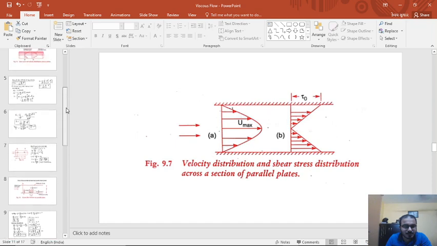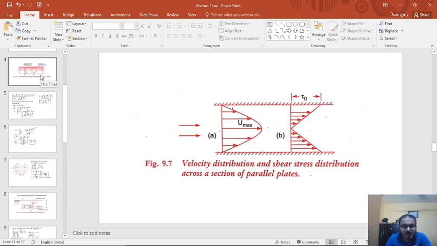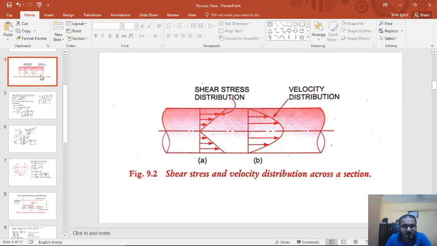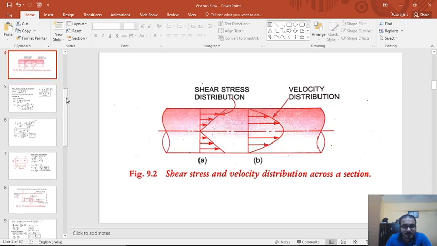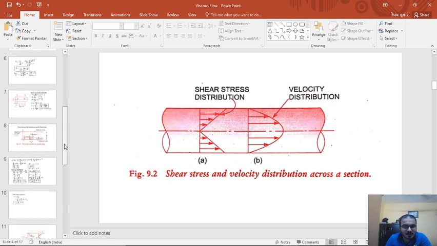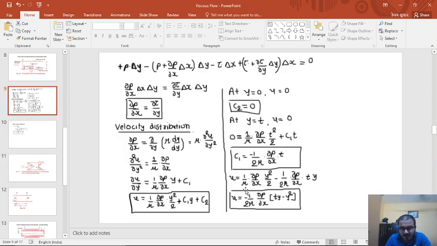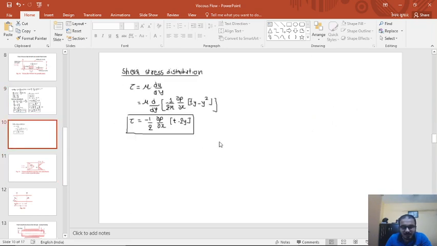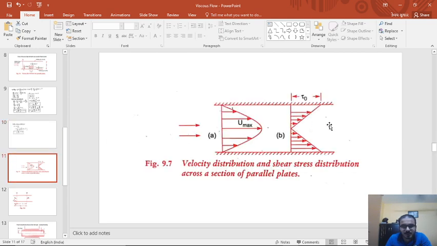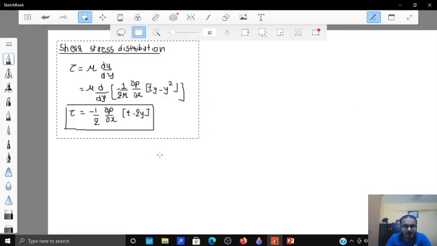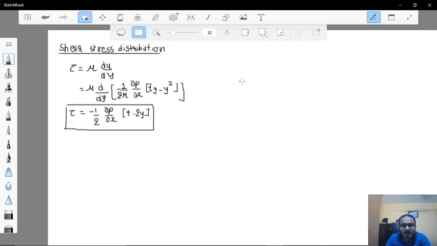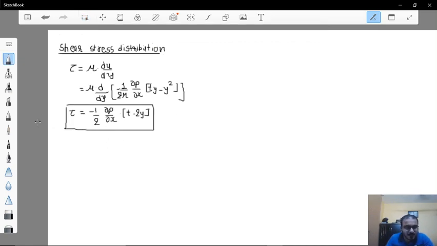So if you recall, here we were having this kind of curve, as well as here also we are observing the similar trend. Okay, you can pause this video and you can first write down this equation and then you can write down this equation. So these two equations give you this kind of velocity profile. Now let's move forward to the next theory in the same section here, that is